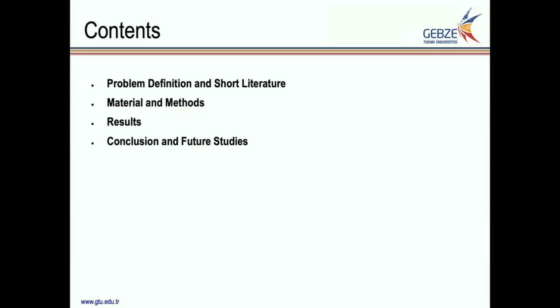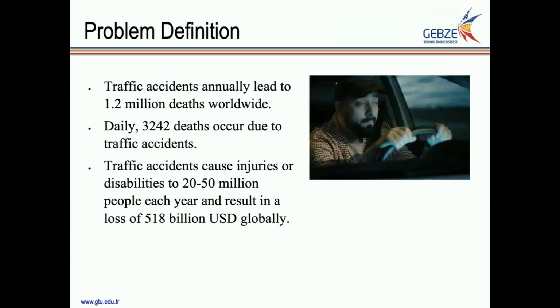end of the presentation. So we know that many traffic accidents occur every day, and that leads to more than 1.2 million deaths worldwide, and daily more than 3,000 people die because of traffic accidents. And besides the deaths, that may cause very big injuries, and this is very bad for the economies actually. And then according to the American